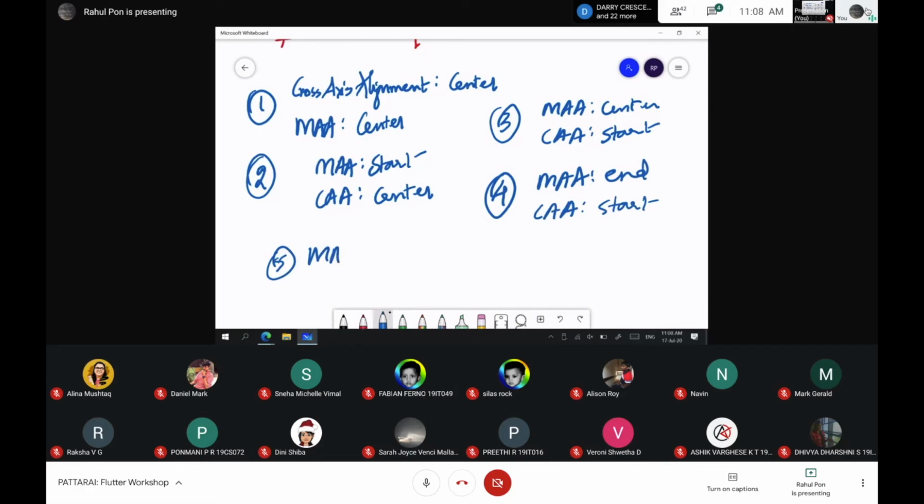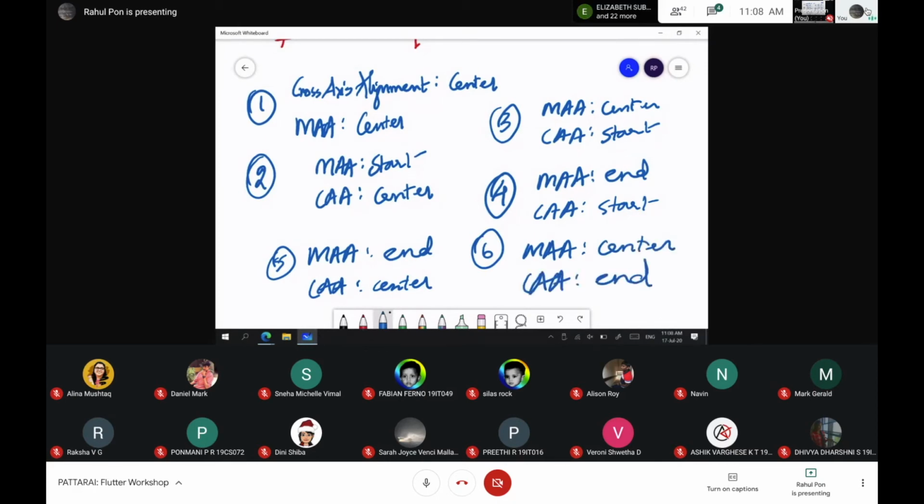Main axis alignment, end, cross axis alignment, center. Main axis alignment, center, cross axis alignment, end. Okay, these are just a few combinations. I want you to try these 6 combinations now. There are actually plenty. That's 3 power, what's 3 power 2?